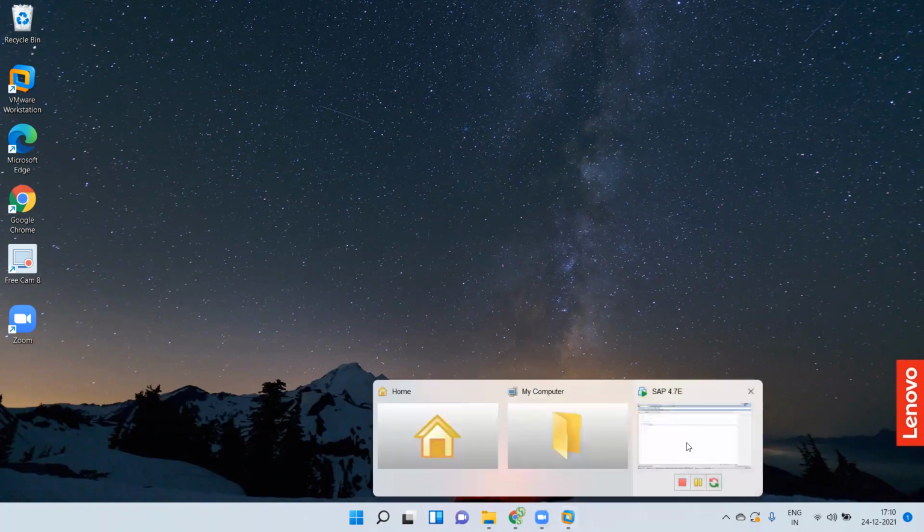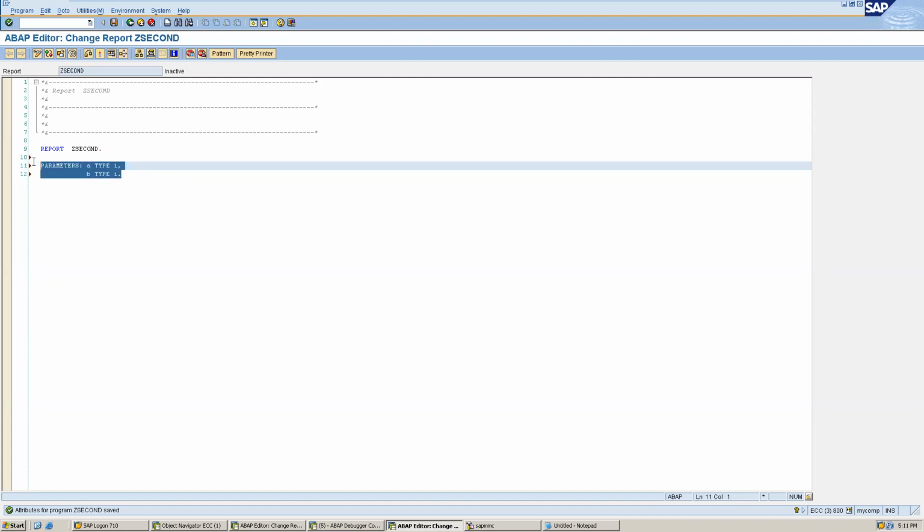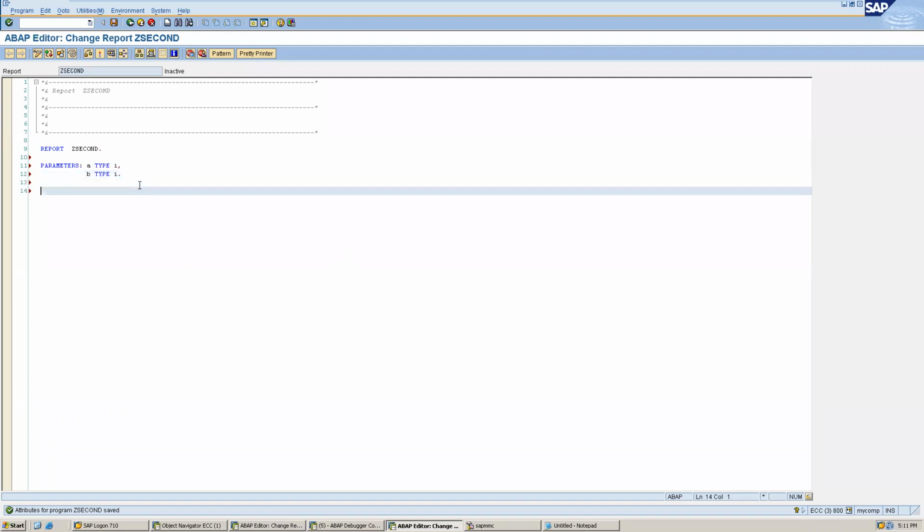Okay, so we can write parameters. It will create an input screen for us with two integer options, A and B. I think this is fine. Now we have to print the greater number.